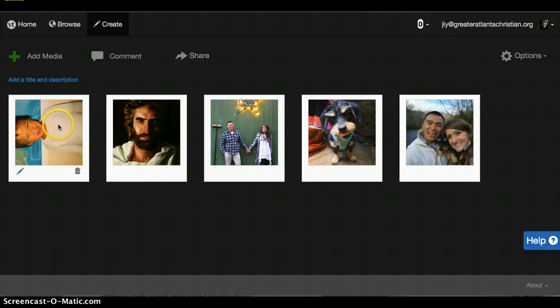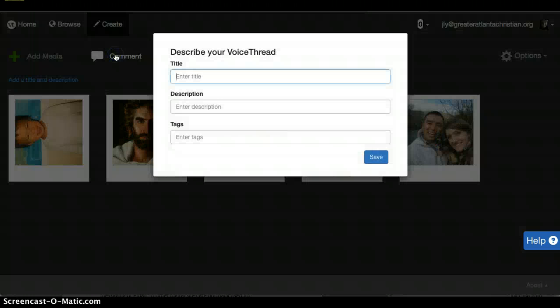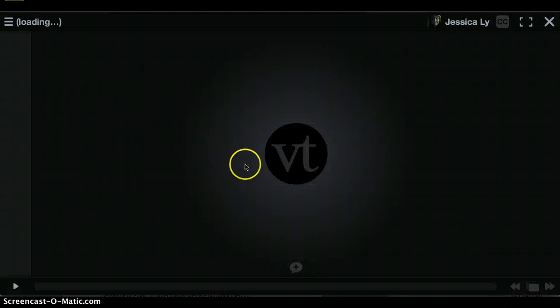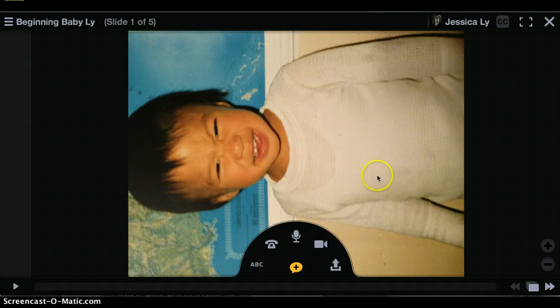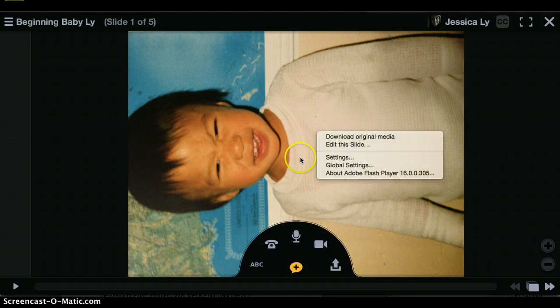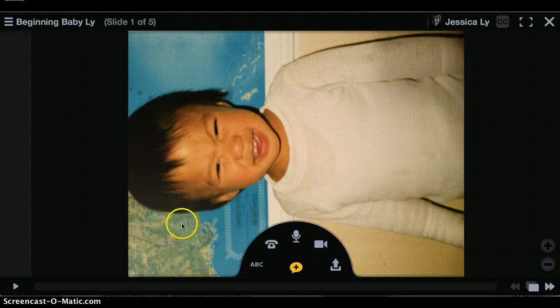Okay? So now that I have my pictures, I'm going to go ahead and double click, and I'm going to comment on this one. I'm going to call it Beginning Baby Lee. Okay? Call it whatever you want. And now I've got this first photo. I wish I could rotate it. But here we go. I'm going to click this microphone to record my voice. You can also add text, and you can add video, but let's just stick to pictures and your voice to